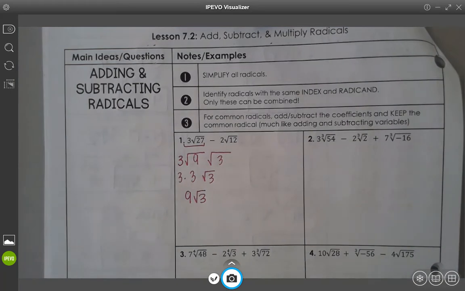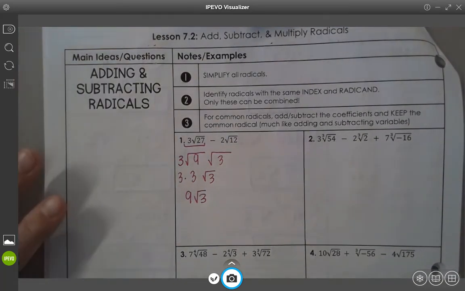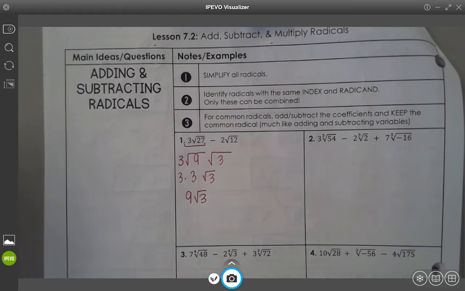On these, you don't need to worry about putting a plus or minus. If it's a question where I want you to include that, I'll have that in the directions. Like I would say, include the plus or minus sign when necessary or something like that. But you don't need to worry about that here. And then we have